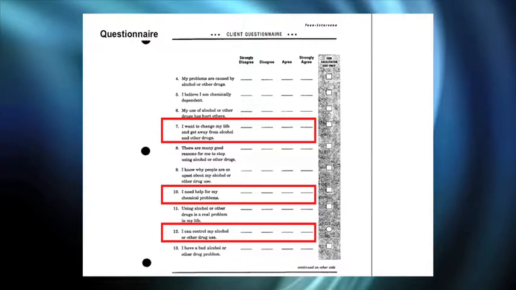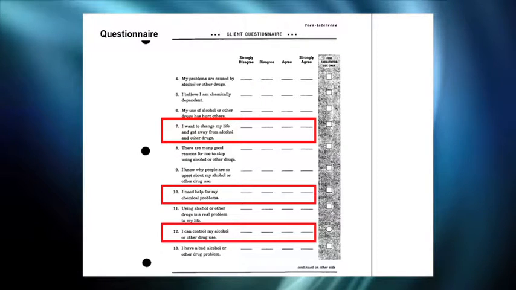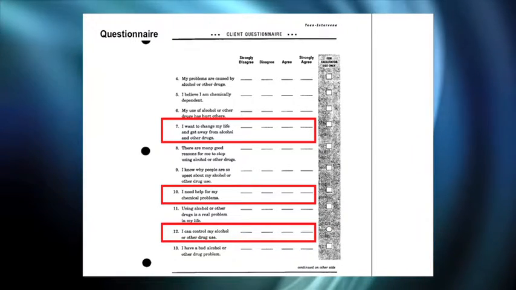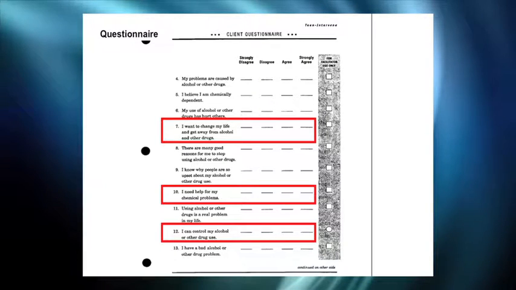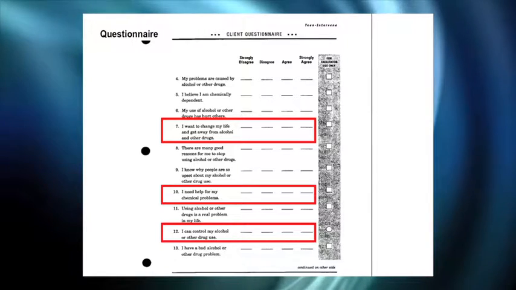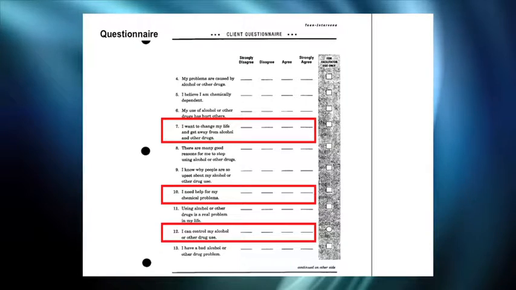Of course, if they just say strongly disagree and they've never given a negative and you think you're at rock bottom, 0, with their interest in changing and they're just confirming it, don't get too discouraged. There's still room to work with him or her. I can control my alcohol or other drug use. Well, anytime you get somebody to agree to that, you always want to ask, so what does that mean for you? You follow up with, so give me an example how you could control it.